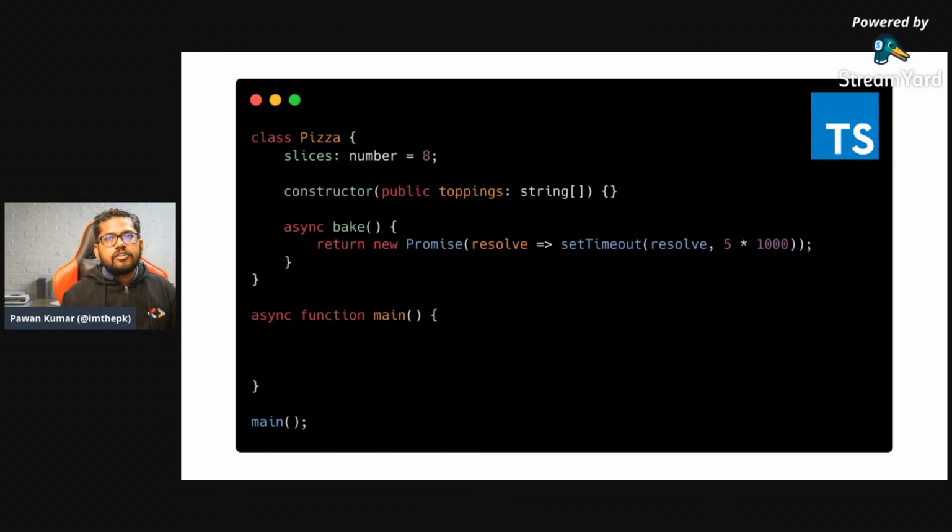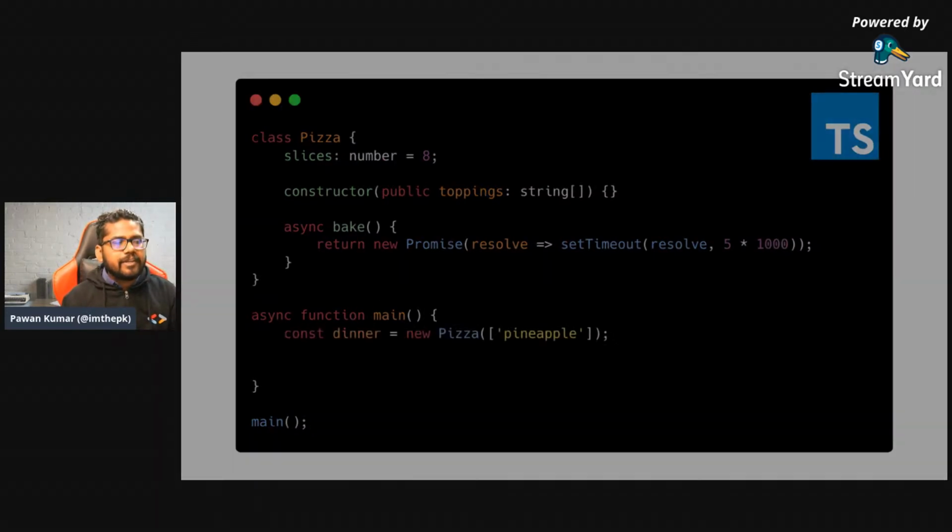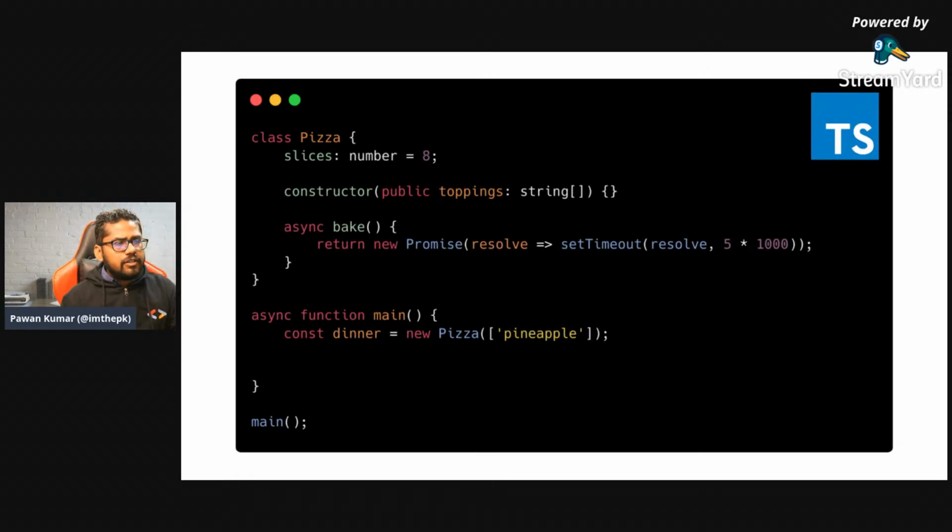And now there is a function called main, and most of us know that in most programming languages, execution starts with the main method, whether it is Java, TypeScript, or Dart. This is again an asynchronous function, and we are calling main at the end, as you can see here. But generally, we don't call main in Dart or Java and some of the other programming languages. Okay, so in main, we are making an object of this pizza class by using the new keyword, and we are passing the toppings as an array of strings, and that's what we are calling dinner. So dinner is that object.